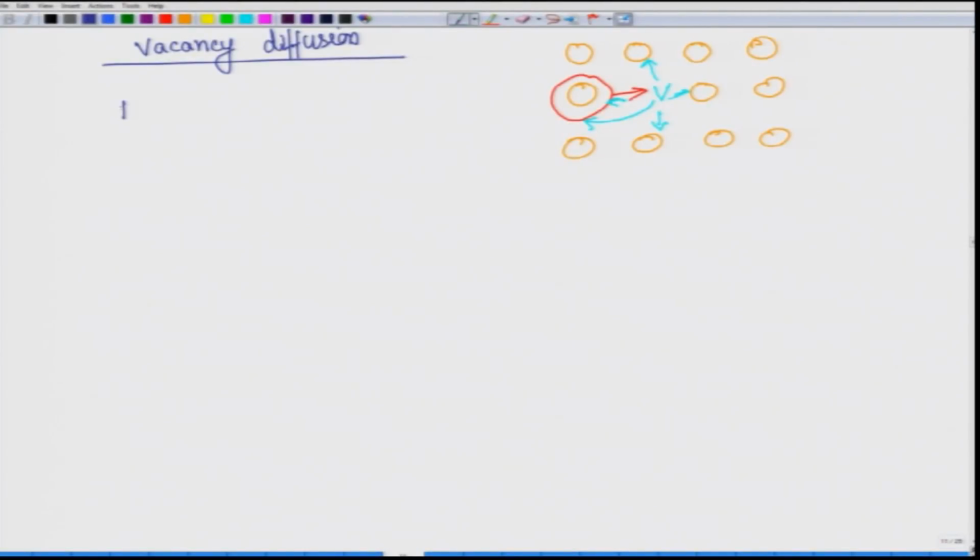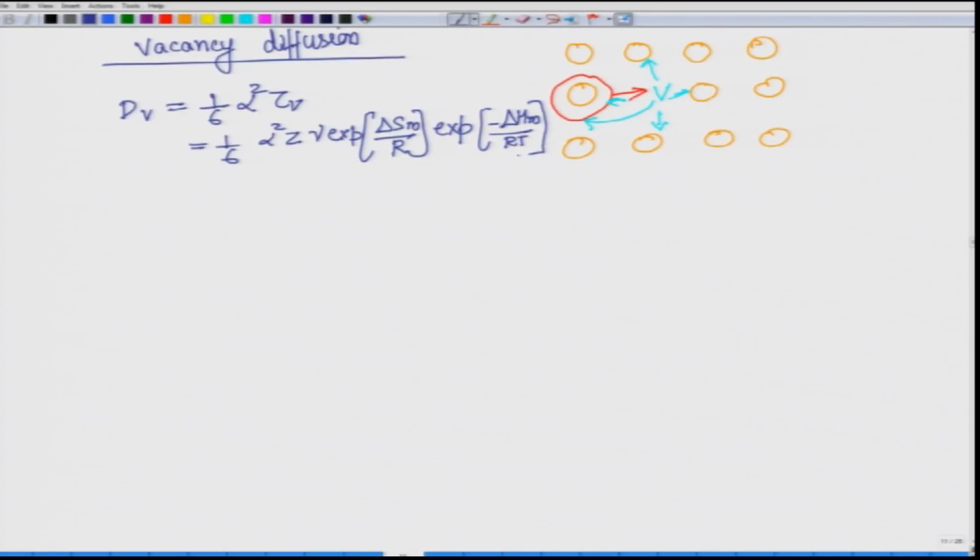But in this particular case, you can realize that we do not need to multiply that factor, and therefore, D_V, which is equal to 1 by 6 alpha square tau_v, can be given as 1 by 6 alpha square z nu. So, for vacancy diffusion, no x_v equilibrium term,